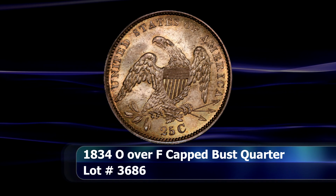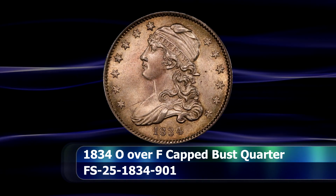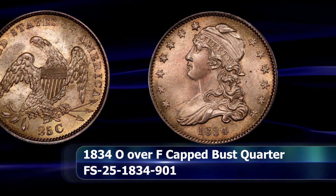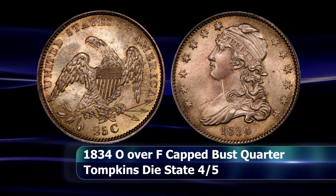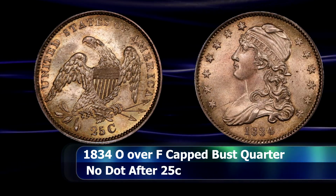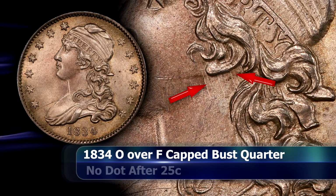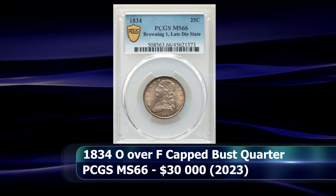$8,400. The 1834 O over F capped bust quarter eagle coin is an interesting and surprisingly rare variety, although the present example is perhaps not the best representative of the type. Clearly a later die state example that most closely matches the Tompkins die state 4 and 5. I suspect that the reverse die especially must have been lapped, as several details are lacking, especially the leaves below the eagle's talon. In addition, the dot after the C of 25 C. is missing, which is expected for this variety. Easily explained though by the presence of clash marks on the obverse of the coin, in addition to the customary circular or arc-shaped die crack on the lower third of the coin, authenticated by PCGS with a grade of MS66 to close at auction for